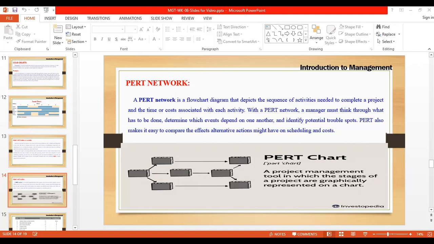PERT network for constructing an office building, ये different examples दी हुई हैं, एक्सपेक्टेड टाइम है, प्रीसीडिंग इवेंट्स एंड ऑल दैट, ये सारी चीजें आपको टर्न ओवर टू द बिल्डिंग मैनेजमेंट, ये एक्सपेक्टेड टाइम है और प्रीसीडिंग इवेंट ये है। तो उसकी बेस पे वी कैन मेक द डायग्राम, जो आपकी यहाँ पे डायग्राम ये बन रही है। अभी मैं आपको नेक्स्ट सेशन के अंदर इसकी डिफरेंट डायग्राम्स बताती हूँ, जिसमें इवेंट एक्टिविटीज के पॉइंट ऑफ व्यू से और स्लैक टाइम और जनरली डिफरेंट एग्जांपल्स के थ्रू हम क्रिटिकल पाथ के पॉइंट ऑफ व्यू से डिस्कशन करेंगे।